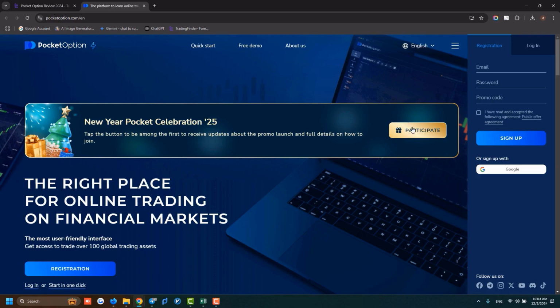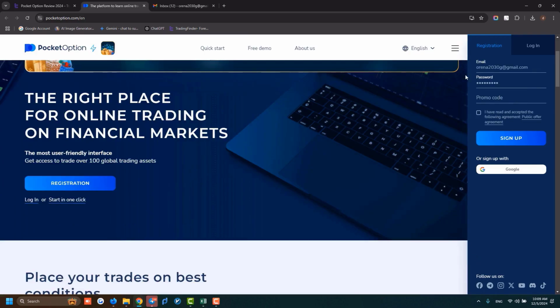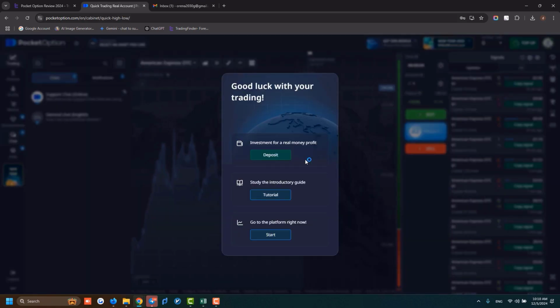As you can see on the home page in the registration section, you need to only enter your email and password. If you have a promo code, enter it in this section, and if not, just leave this part blank. After entering this information, you agree to the terms and conditions of the Pocket Option Company and click on the Sign Up option. Well, as you saw, our registration was successful, and at this stage you can make deposits into